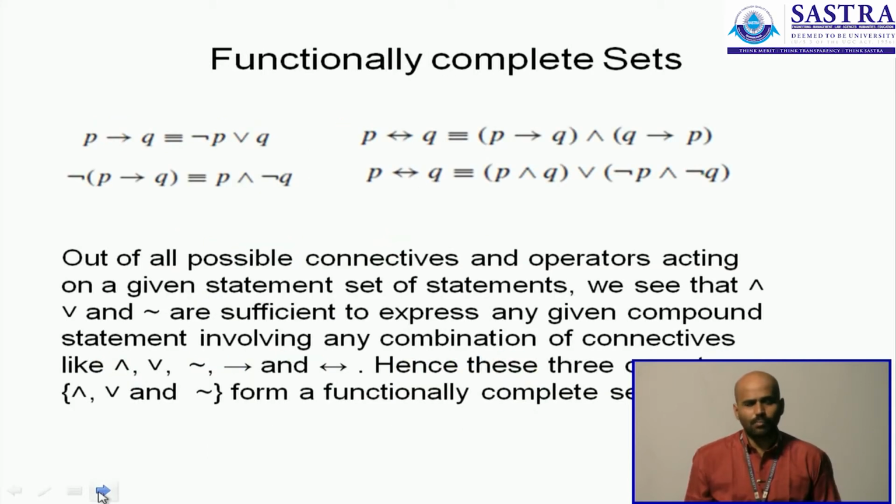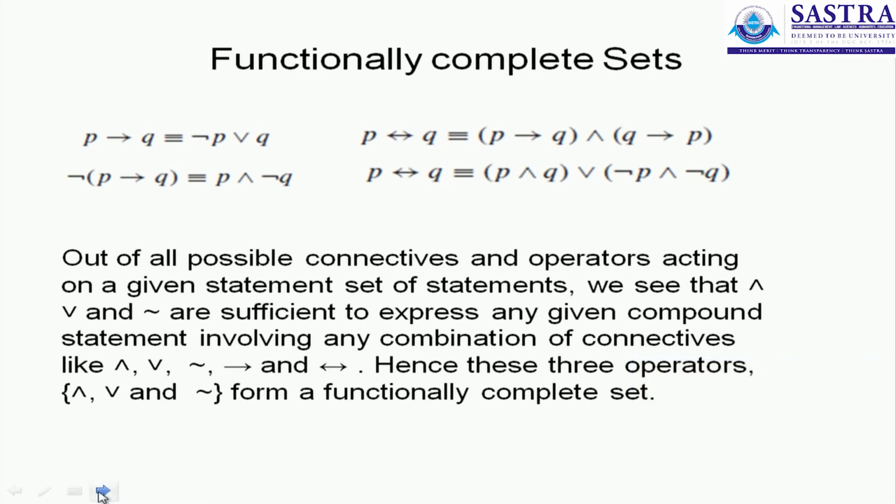But why do we need compound statements? Why do we need dual of compound statements? We'll get to that shortly. Before that, I wanted to discuss this idea on functionally complete sets. Now we've had a look at a lot of connectives so far: the conjunction, the disjunction, the operation called the negation, the conditional and the biconditional so far. Now, can we minimize this number?